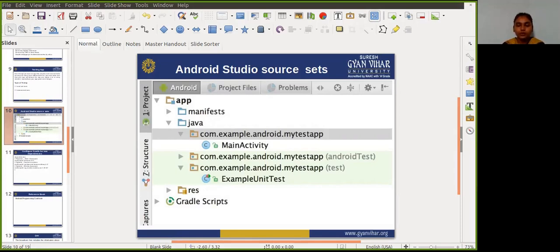To check the Android support repository, follow these steps. In Android Studio, choose the Tools menu, and then click on Android. After clicking Android, you will see the SDK Manager. Click on that, then click the SDK Tools tab, and look for the Support Repository. If necessary, update or install the library.